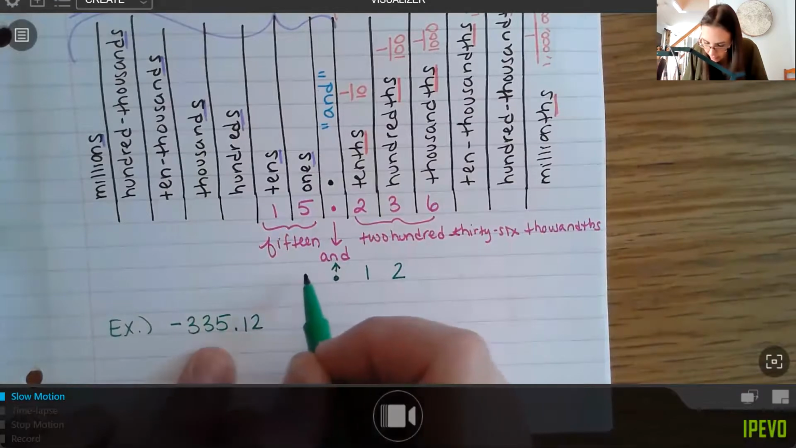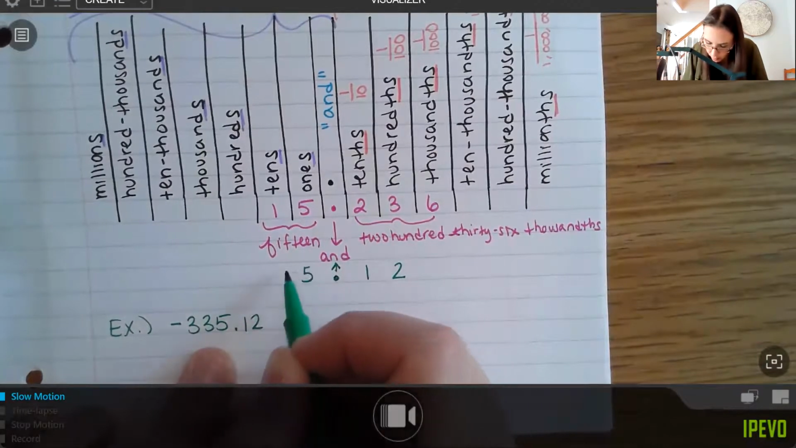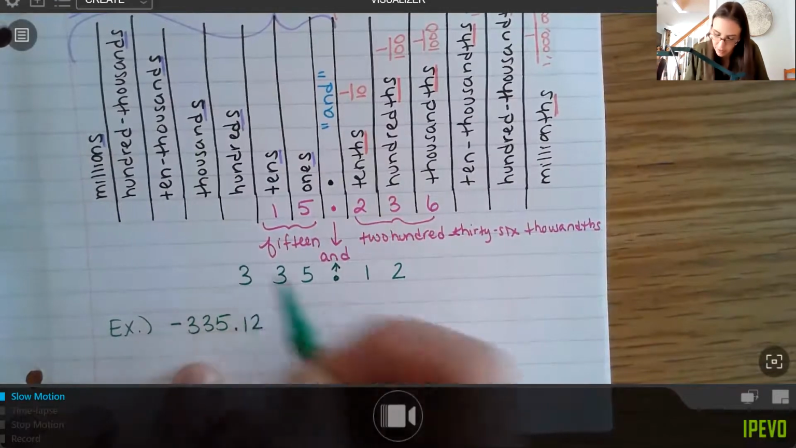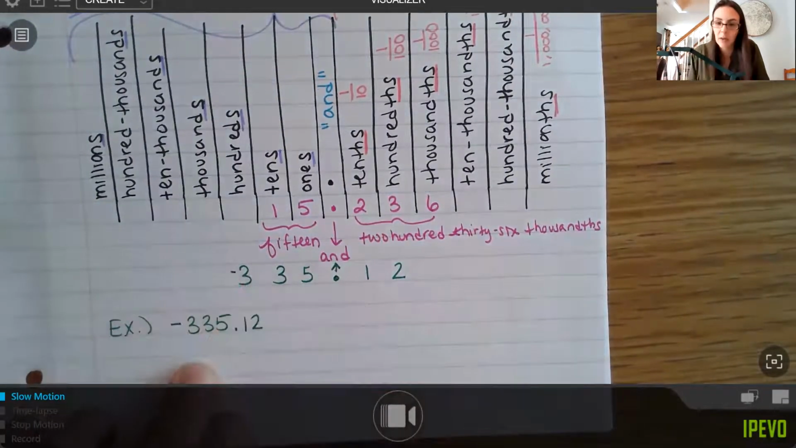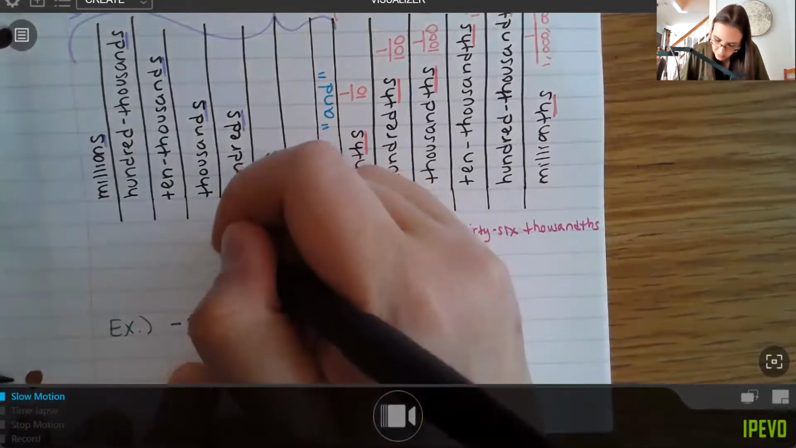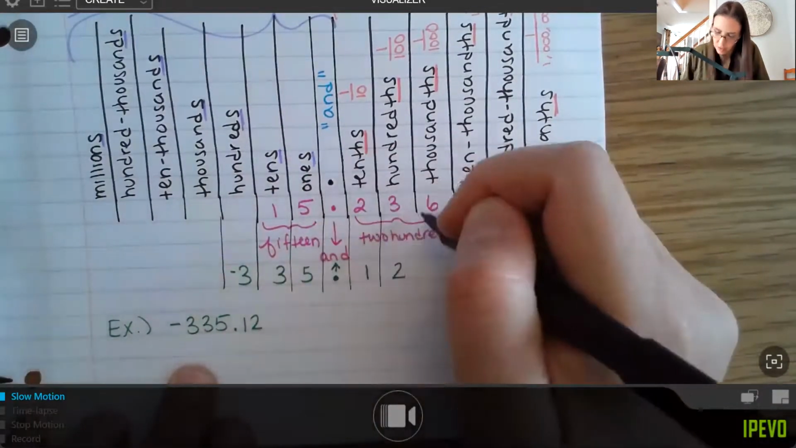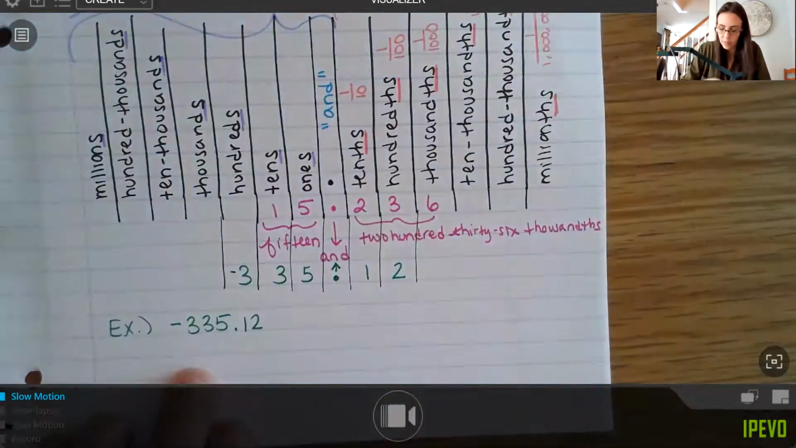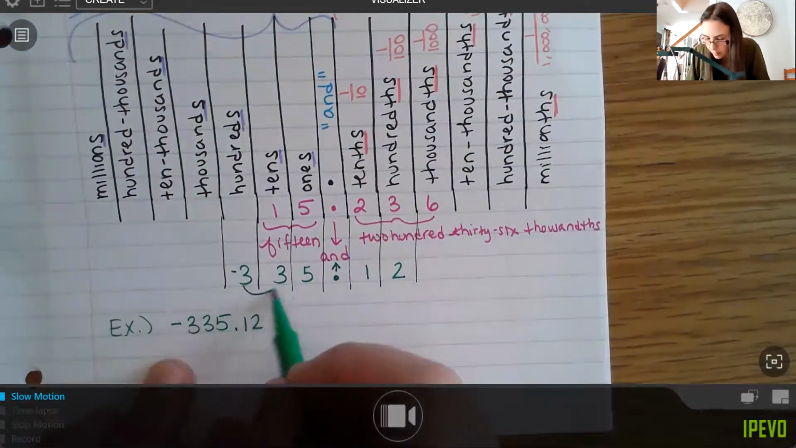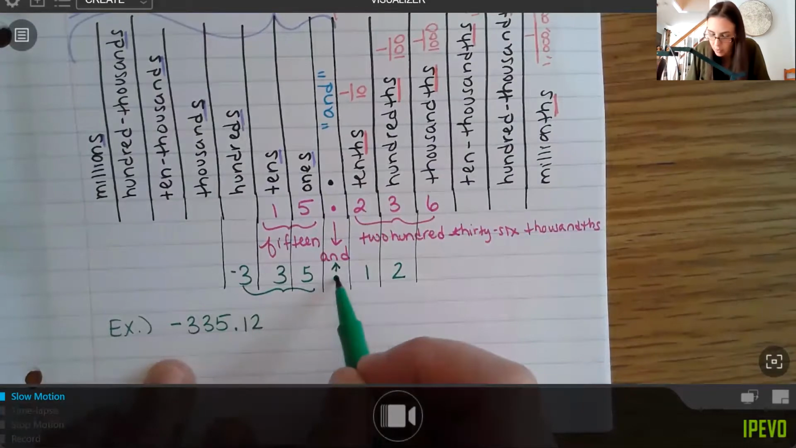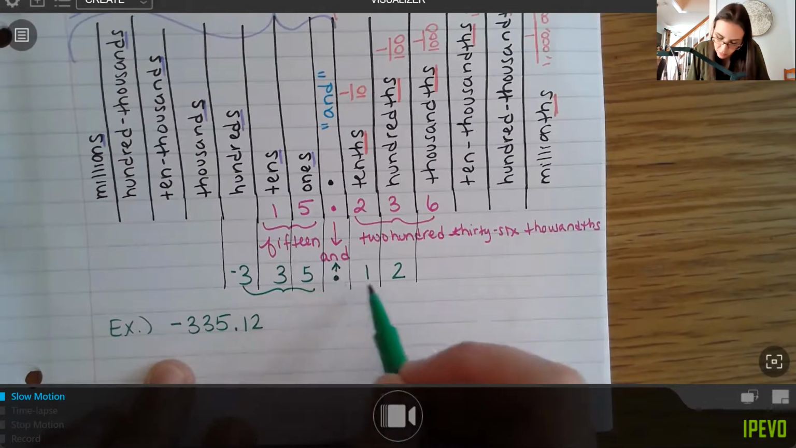And then I have the 335. Now again, that's negative. So just keep in mind that you have a negative value here. And again, if you need to kind of extend these down, you can go ahead and do that. So we read it in two parts. We read this number, the word and, then this number. So here, this is 335. So it's negative